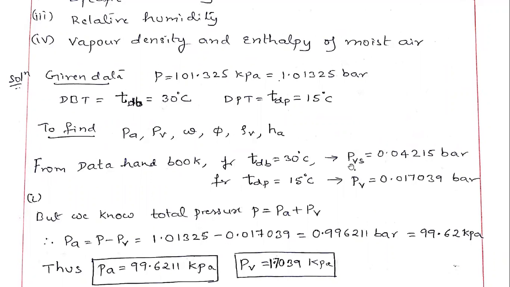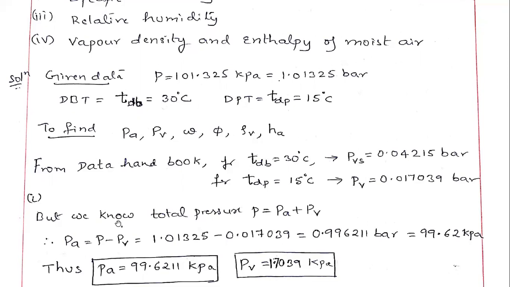So the pressure value is nothing but the saturated vapor pressure, which at 30 degrees centigrade is found to be 0.04214115 bar. And again, at the dew point temperature TDP of 15 degrees centigrade, note down the partial pressure of the vapor PV as